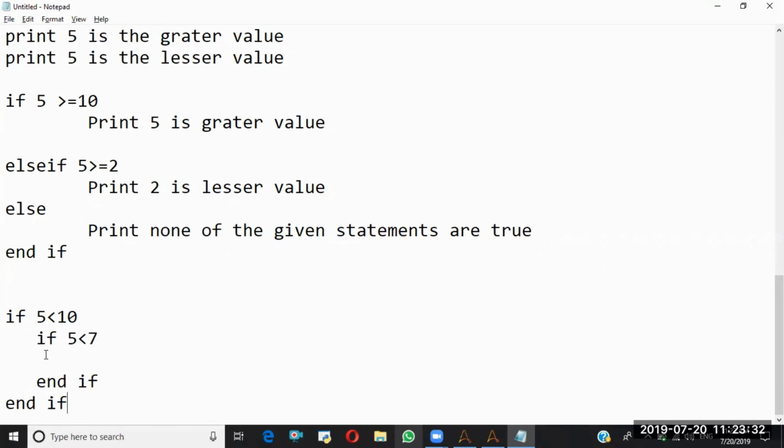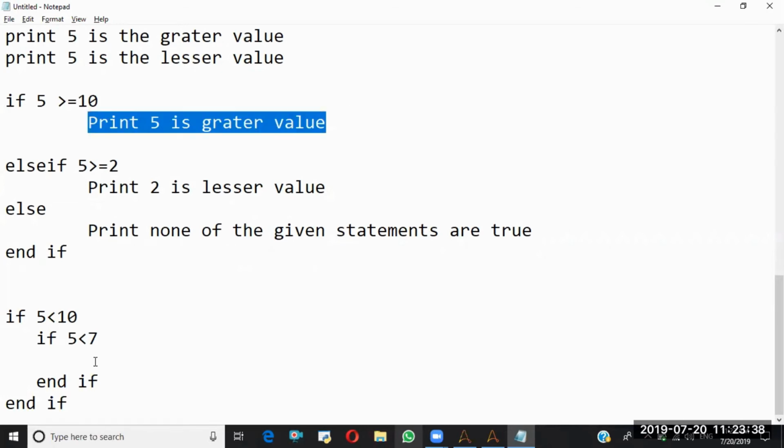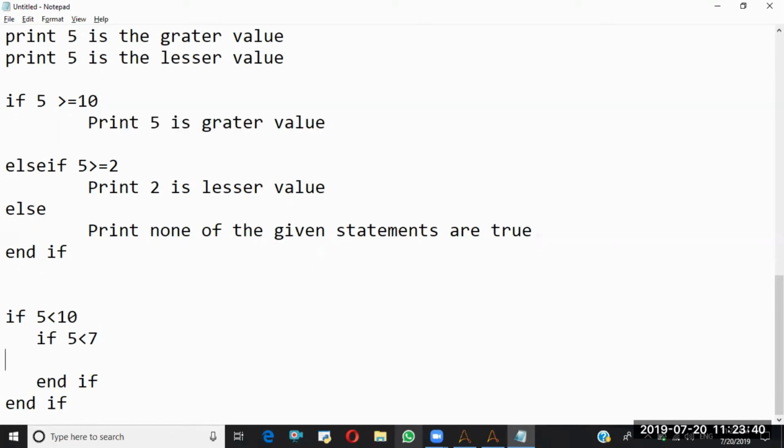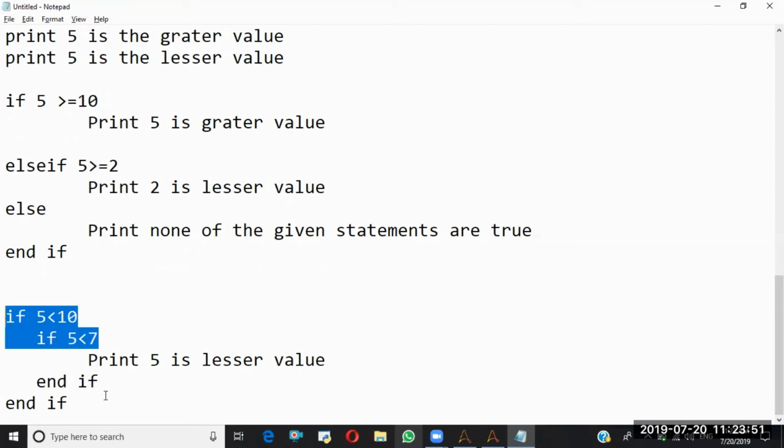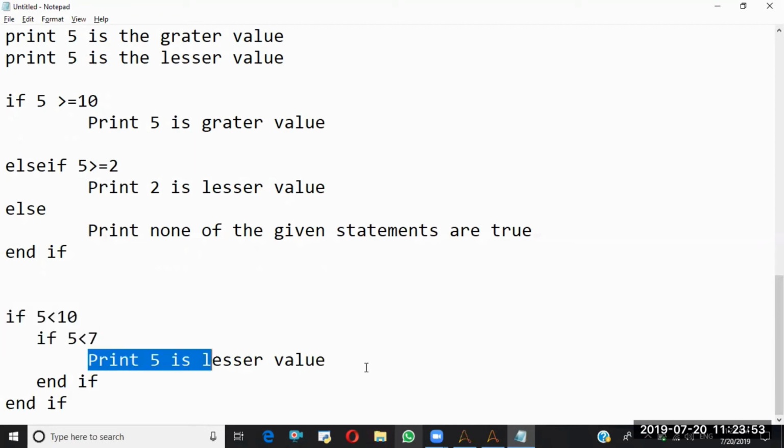So if you want to do this, then what will happen? Let it be whatever it may be, a print statement: Lesser value. So if both the conditions are true, then only these statements will be printed.